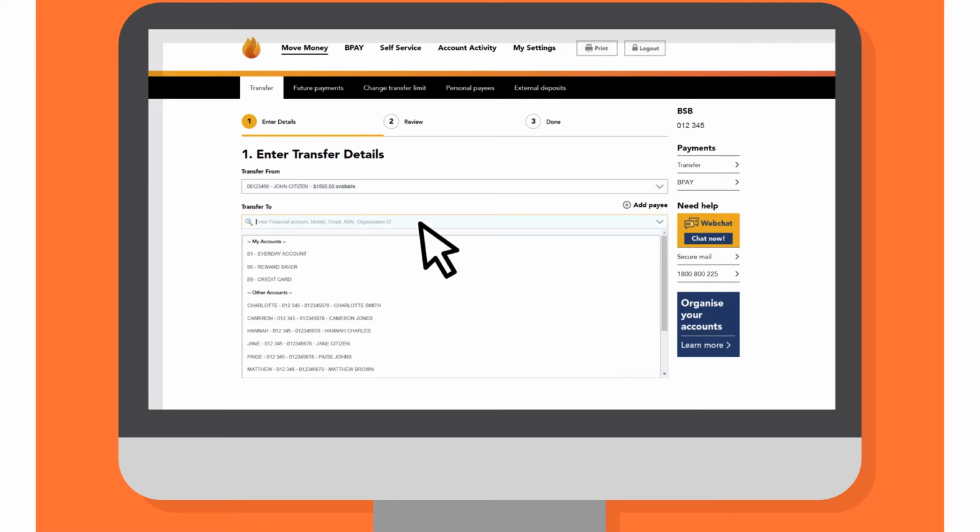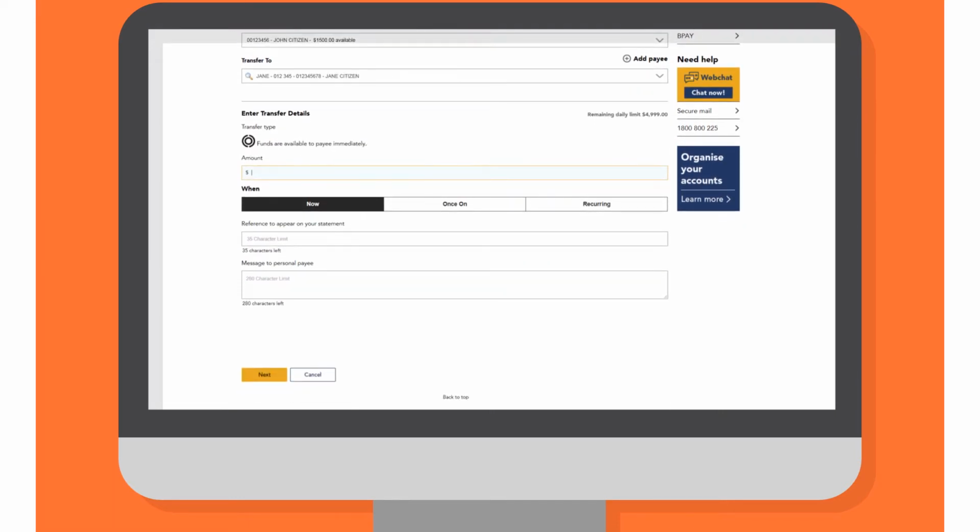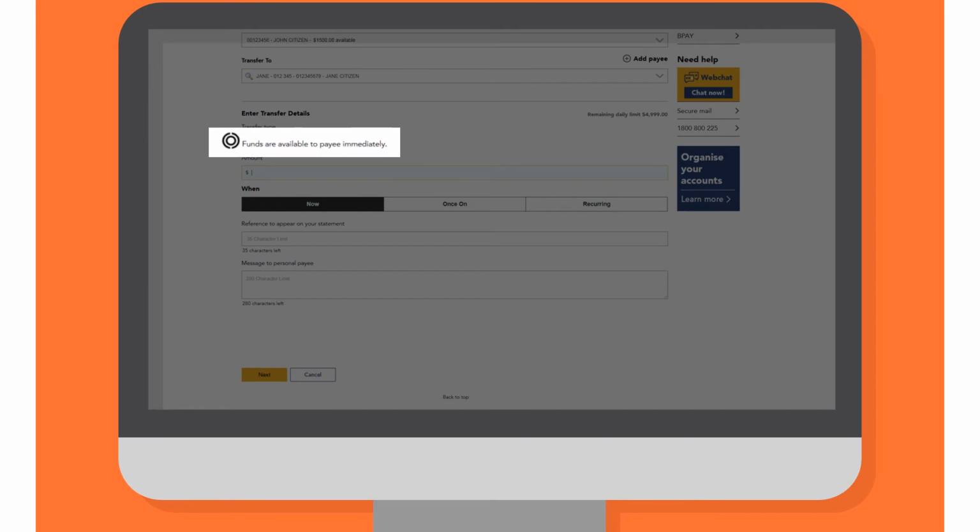Then in the Transfer To drop-down, select the payee you'd like to send the money to, and the PayID will be automatically validated. You'll then be prompted to enter your transfer details. If under Transfer Type you see the text "Funds are available to payee immediately," this confirms it will be a